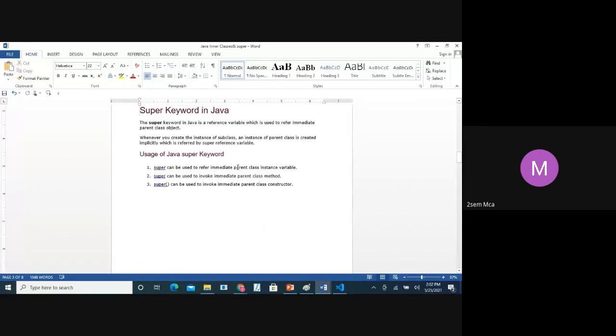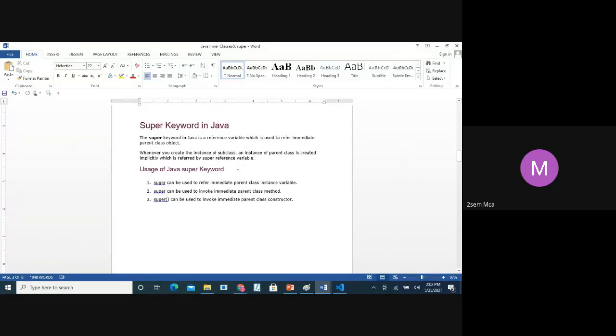So now I think you should be clear about what a nested inner class is. Inner class is similar to what we have seen in the morning class: nested if, nested loops. Same way, a nested class within one more class. And there are different ways of having a class. So next we come to super. Why am I explaining this? Because these two things we are using in our program. So what is the work of the super keyword?